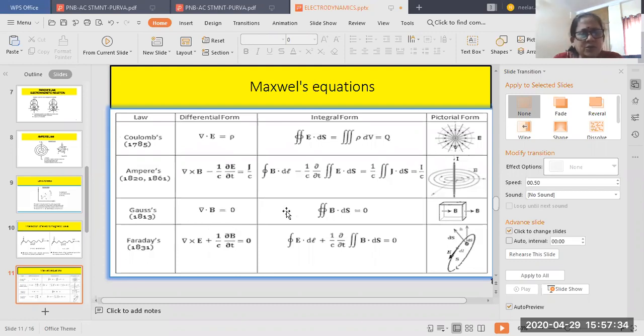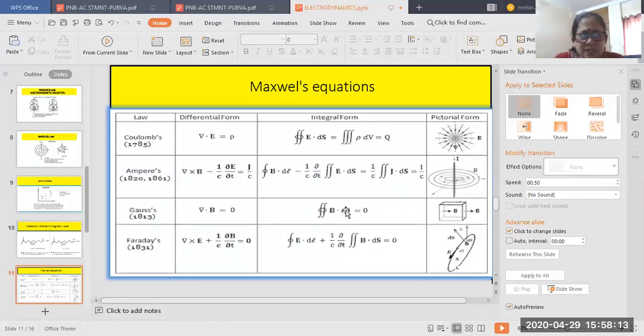So if I continue in the integral form, what is this? You can see here, this is a closed double integral. It is the closed surface. This circle always shows you a closed surface. And it is a double integral. Double integral means one integral is for one coordinate, let us say x, and another is for the second coordinate y, such that ds is defined. So how do you define ds? ds equals dx into dy, or dy into dz, or dz into dx. It can be anything.